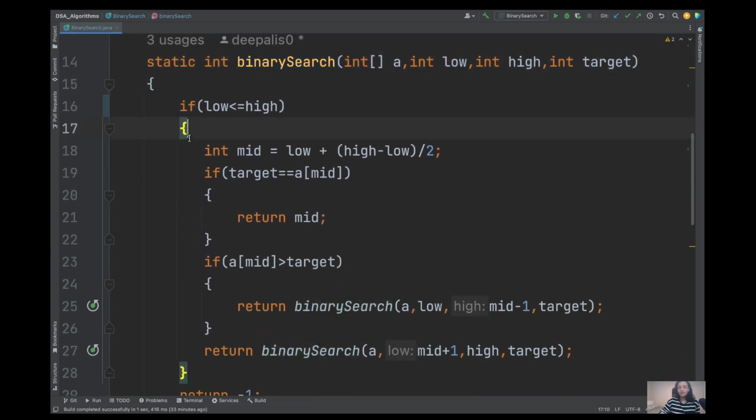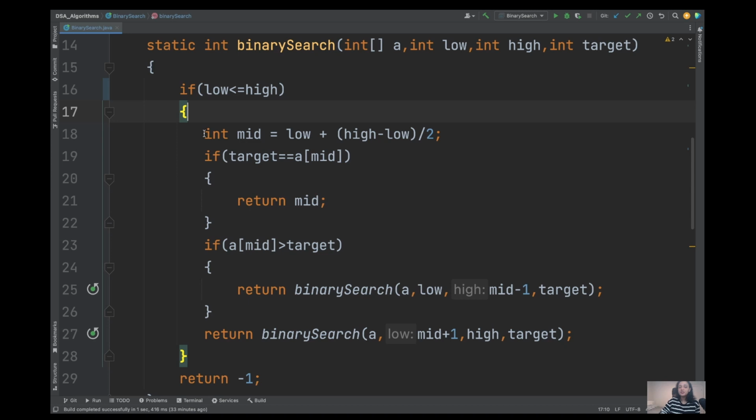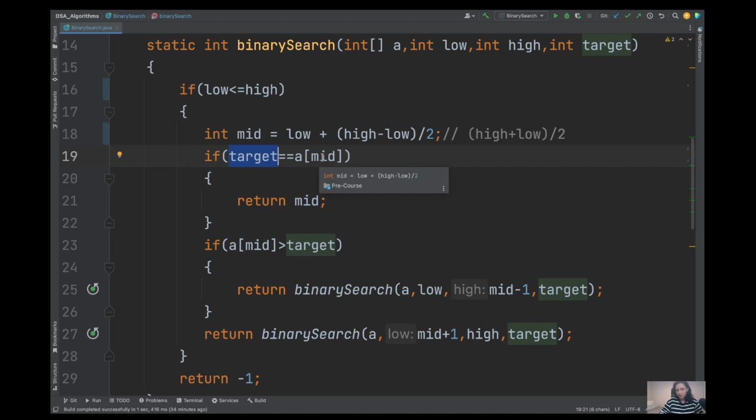Here, what I've written is an iterative version. I first find the middle element. Can you see this middle element? Yes: int mid equal to low plus (high minus low) by 2. For now, let's leave this. You can just say this is (high plus low) by 2. We'll come to it in a few minutes, why I have written it the way I've written it. But for now, just bear in mind that it is equal to saying (high plus low) by 2, basically finding the middle index. If the target value is equal to the middle value, which is a of mid,